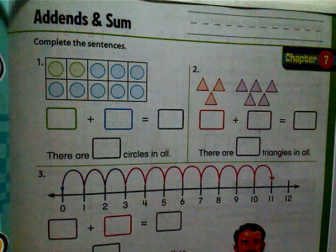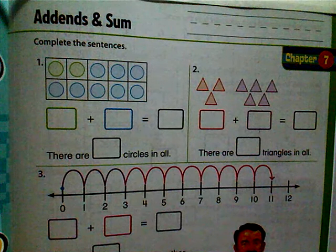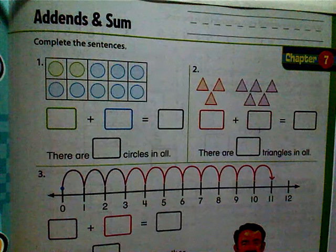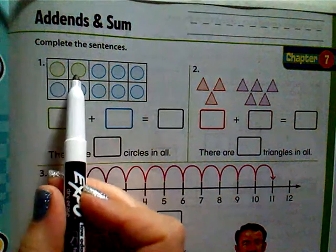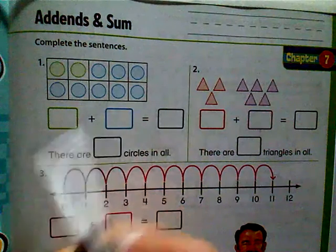Hi, first grade. We're going to take a look here at our work text, pages 109 through 110. And again, this goes along with yesterday's lesson about our add-ins and our sum. If we remember, our add-ins are the numbers that we are adding together, and the sum is the answer we get when we add. So looking here at number 1, we have our 10 frame, and inside of our 10 frame we see here we have two of the greenish colored balls, and then we have 8 of the blue